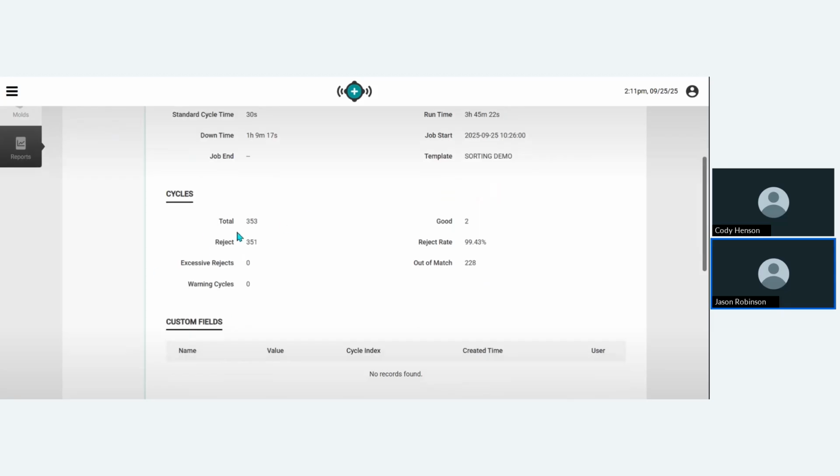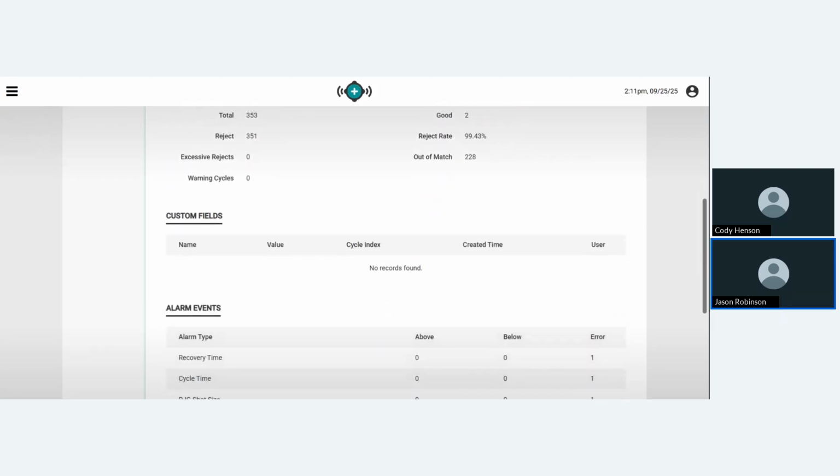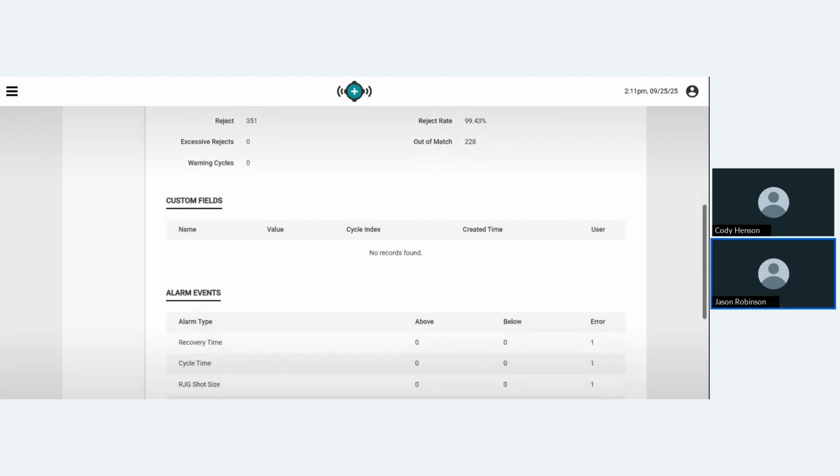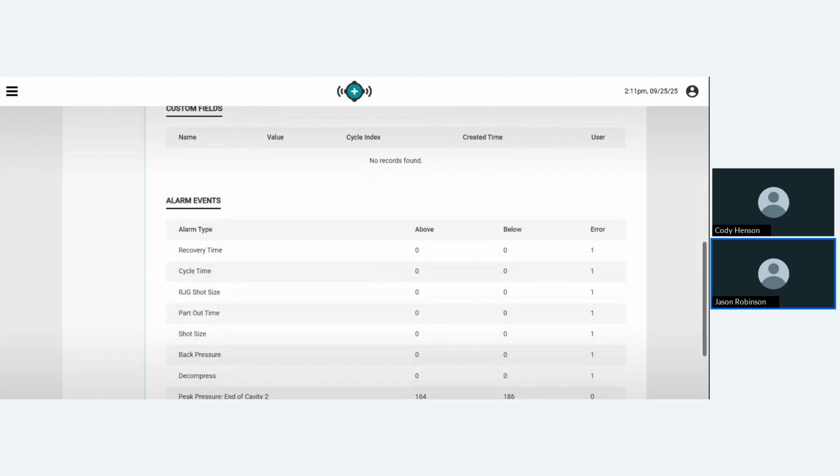Here's just some more breakdown of the information that ran during this run, the reject rate, out of match. So it made a lot of bad parts. Custom fields. This is things like lot number. You could track lot numbers in here. And in this one,